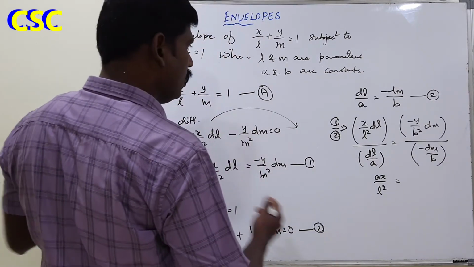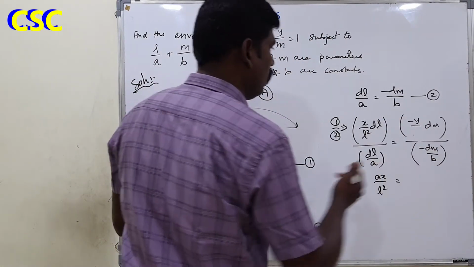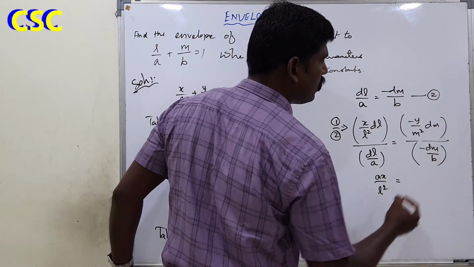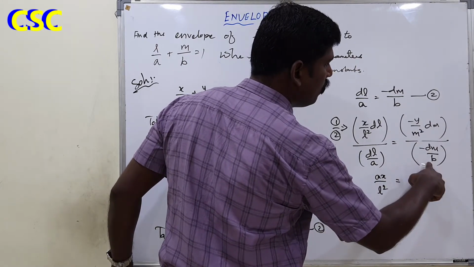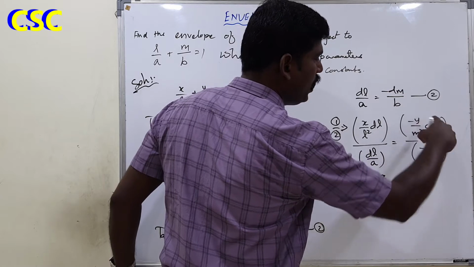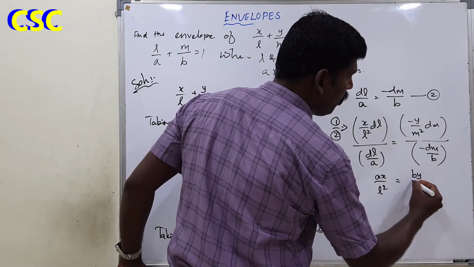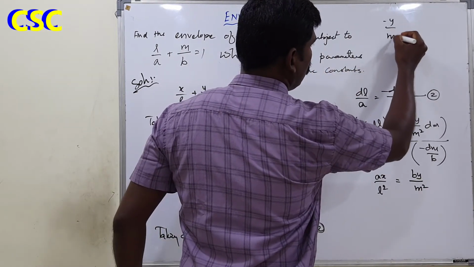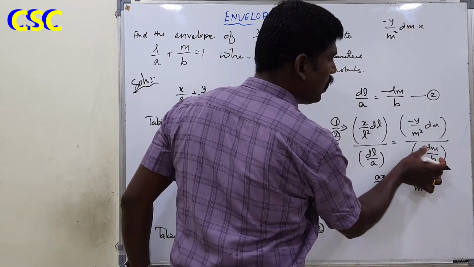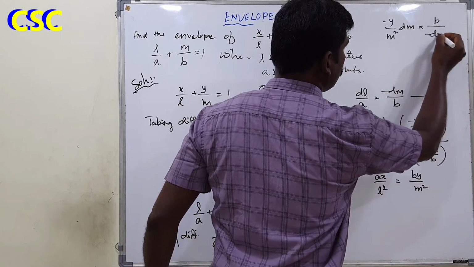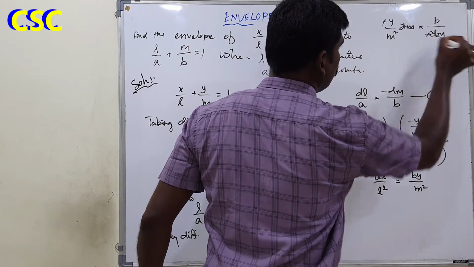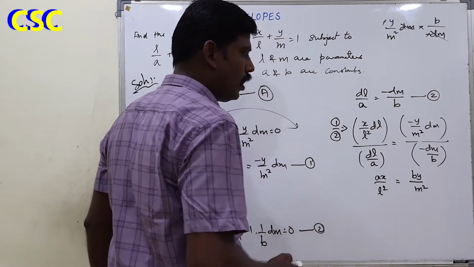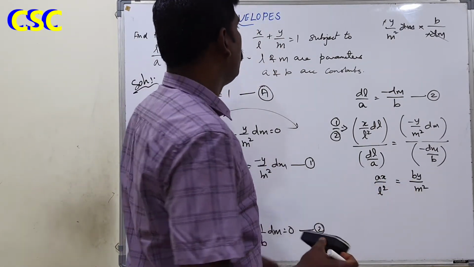What am I mistaken here? M square, isn't it? Sorry. This is m square, isn't it? Right? So dm cancels with dm, and the minus and plus cancel each other. Okay, right? So what will you get? This b goes to the numerator. So b into y, right? Reciprocal multiplication by m square, isn't it? Minus y by m square into dm, into this becomes reciprocal multiplication, so b by minus dm, isn't it? So minus cancels with this, dm cancels with this dm, so y by m square. That's also the same as here. Okay, right? Ax by L square equal to by by m square, right?